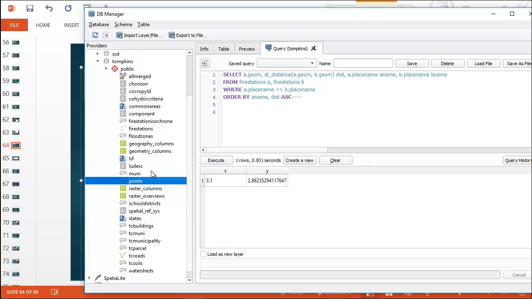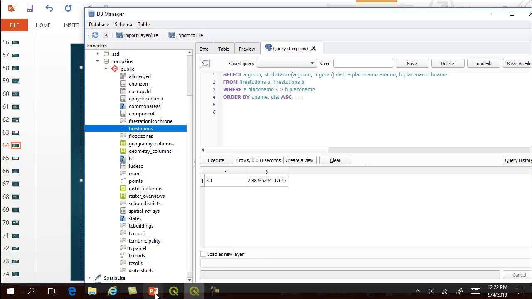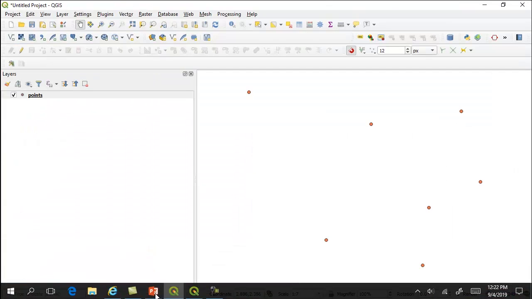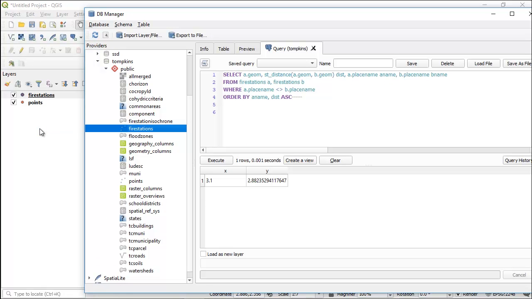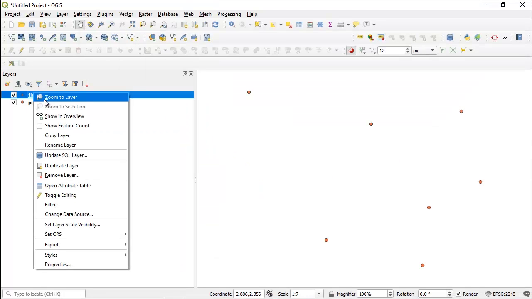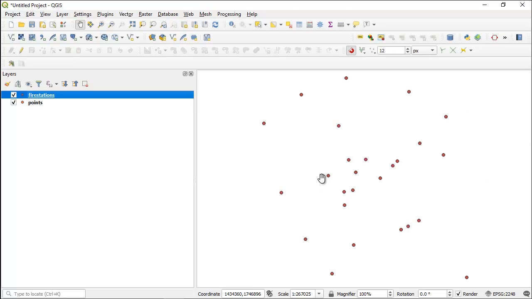Excuse me, our fire stations, not our parks. And let's open up QGIS. So here's our fire stations. Let's zoom to the fire stations. Okay, so these are the fire stations, and what I'm really trying to calculate now is for each fire station,